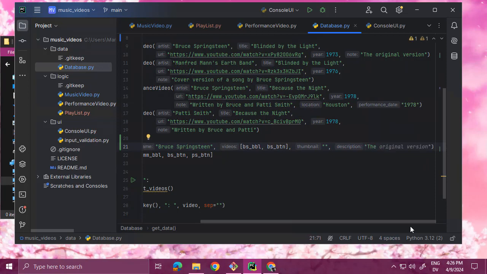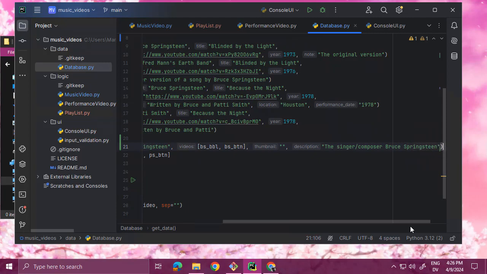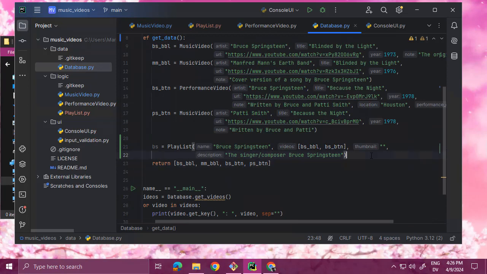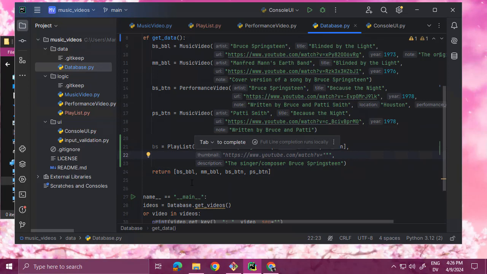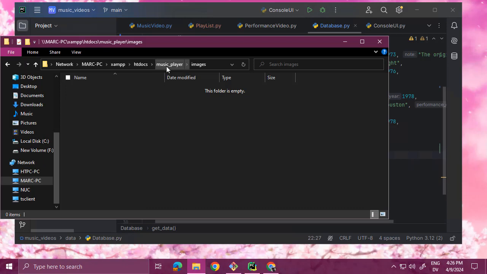The singer, composer, Bruce Springsteen. Okay, and then that's a little long, so let's go ahead and break the line. And actually, probably thumbnail is going to want to be on the next line because that's a little long as well. All right, so then for the actual video thumbnail, rather,